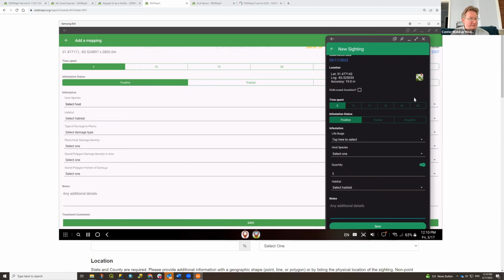Do we have a topic already scheduled for the next office hours, or are we getting through the EDDMapS Summit? It's the summit. Yeah, so next month is the summit, and then we'll start doing the office hours again. The summit is on April 20th, and it's free. Registration is through NASMA, who's partnering with us on that.